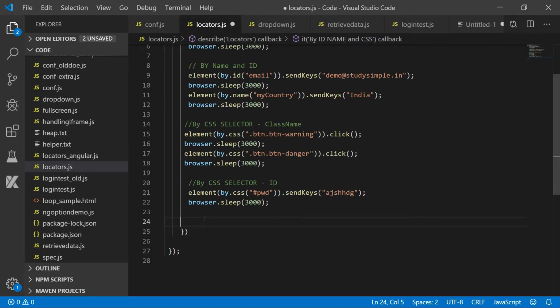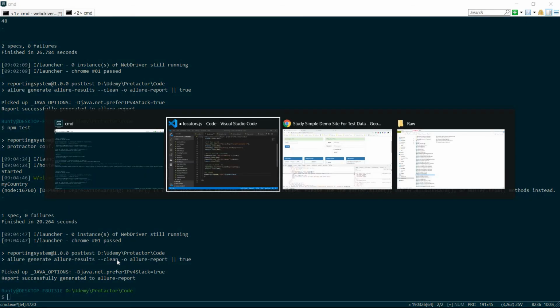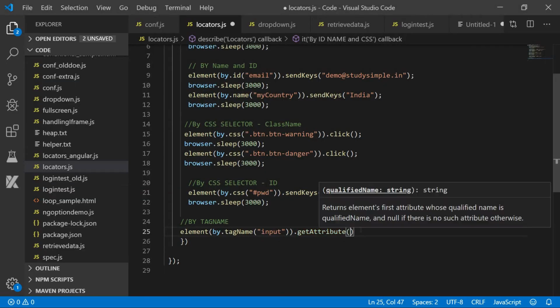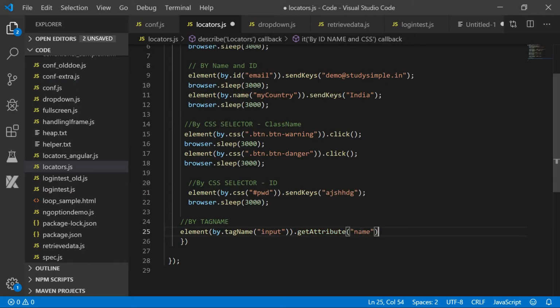For that we will be using By tag name, and this will be element by dot tag name, and inside the tag name we have input. This is the first input, dot get attribute, because this is the input tag, and inside the attribute we want the type as name, the value of this one, name. So the attribute will be name, and we want to store the value in